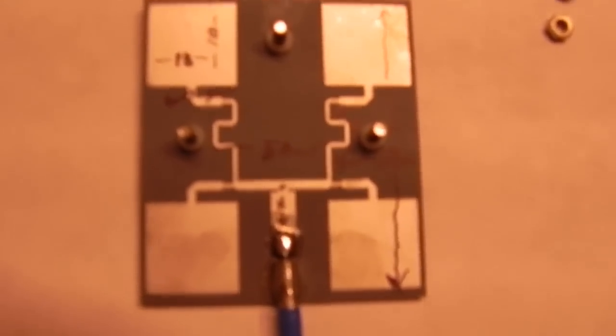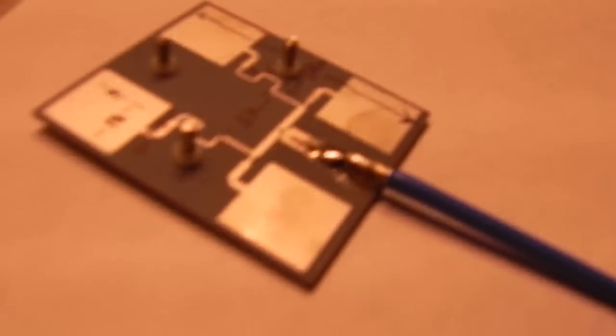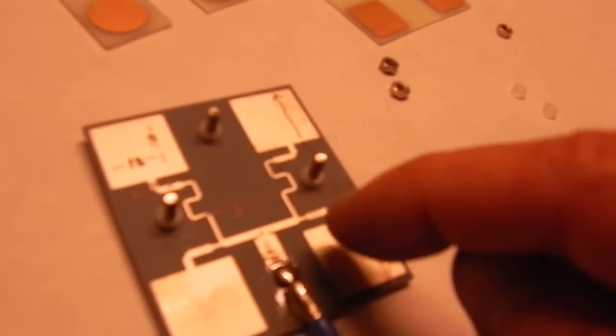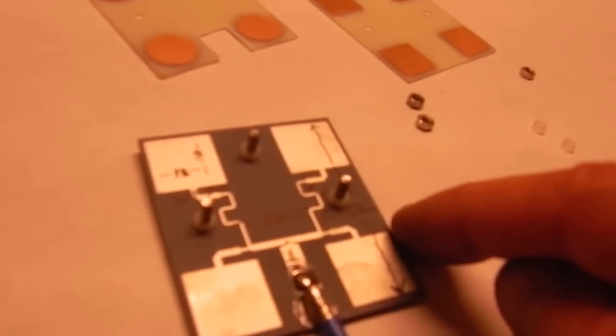And then we have this, and this is in 720, so hopefully you'll be able to see the numbers here. Freeze the screen and the connection there. So we have the connection going to this trace here, and then these measurements here are 5 millimeters, these small squares here. The length of this is 8 millimeters. The length of this thicker part is 5 millimeters, and it's 4 millimeters from the top to the bottom there, from here to there. So you have a total distance of 58 millimeters on the outside, 58 millimeters this way,